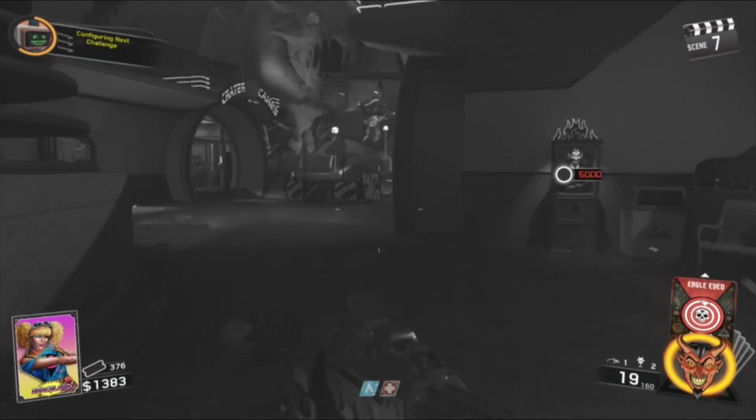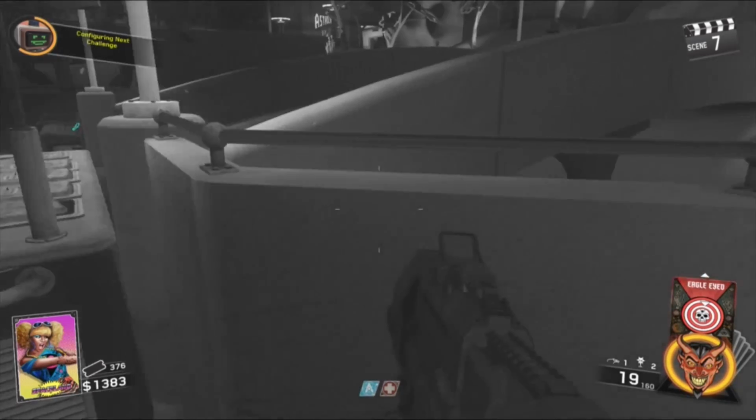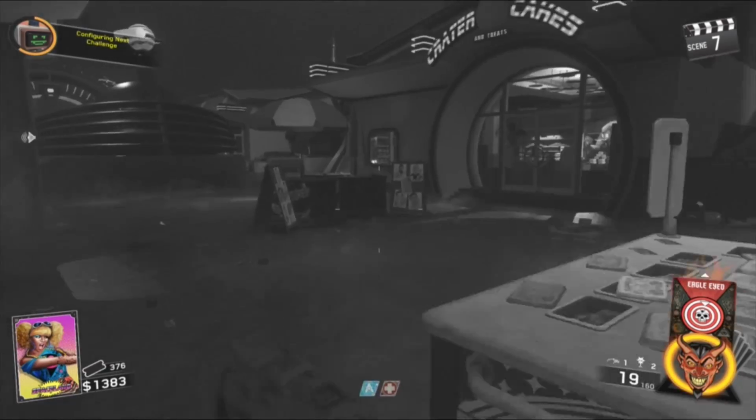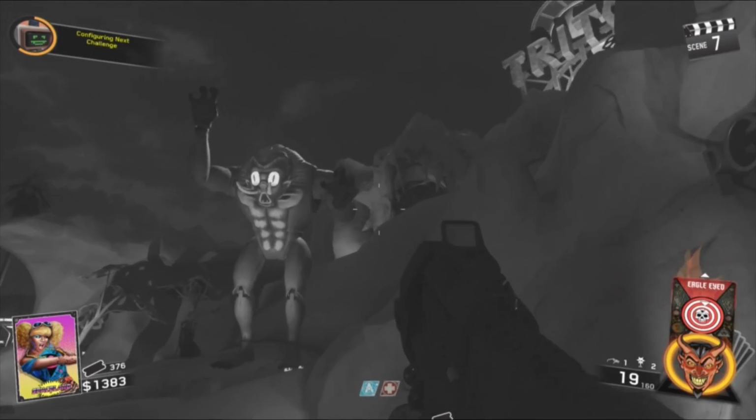Now each character in this map has their own unique melee attack. Even the Hoff apparently has its own unique melee attack, which I've never actually seen. I've not actually done the Easter egg myself, so I couldn't tell you what his melee is. However, even though they have their unique melee attacks, the issue that I have with this, and I think the issue that most people have with this, is that even, again, after the update, after the patch, the meleeing